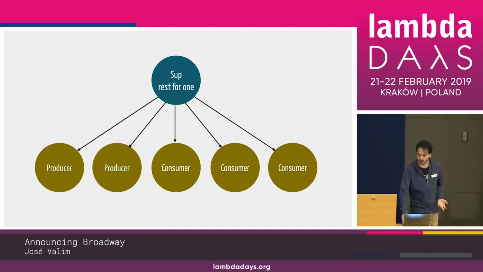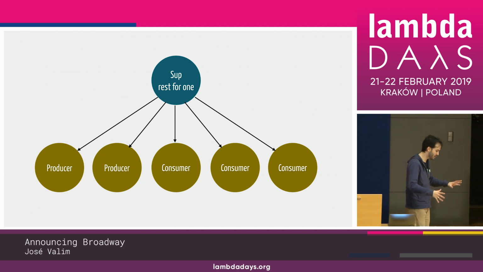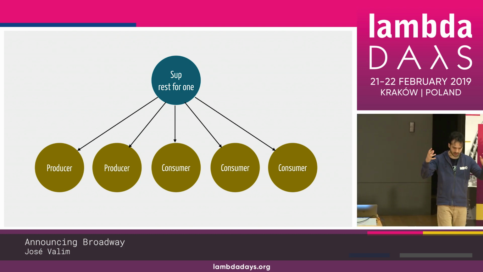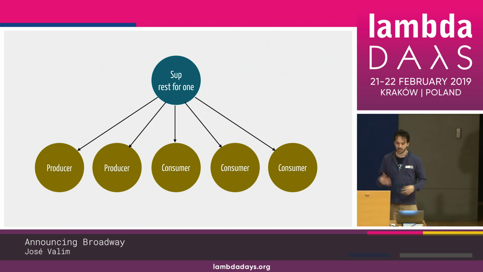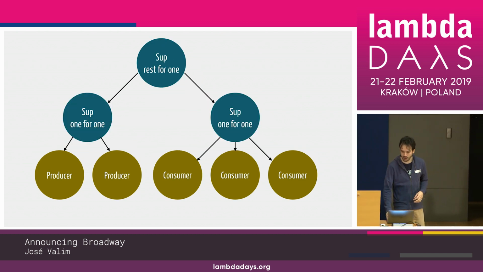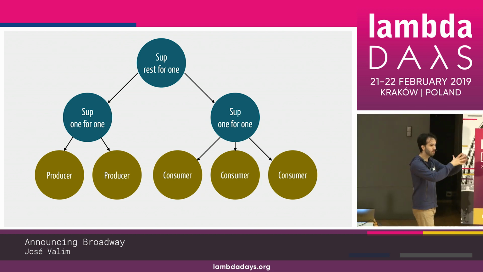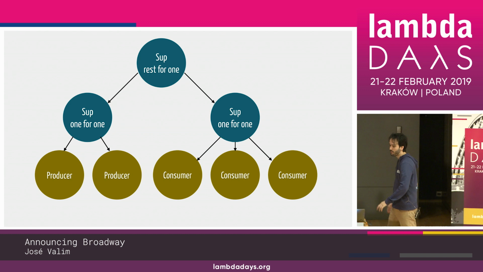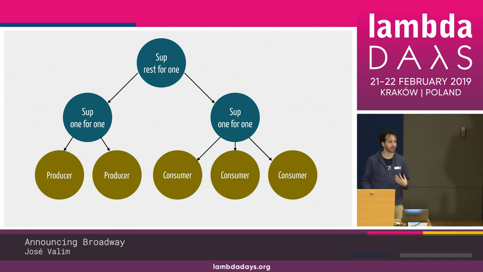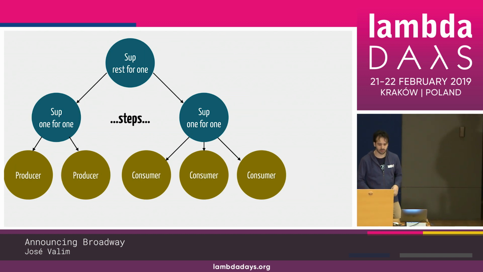So probably now what they're going to say is, look, I'm going to have like 2 supervisors and a supervisor on top of that, right? So things start to get a little bit more complex. And usually if you have multiple steps in your pipeline, you have even more supervisors and processors here in the middle. Sure, you can set all this up, right? It's just a lot of work, a lot of repetition that you have to do.